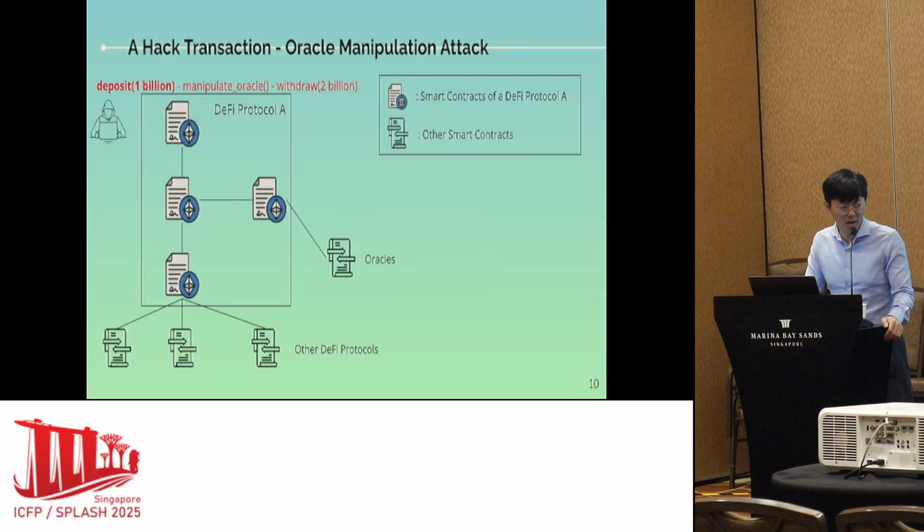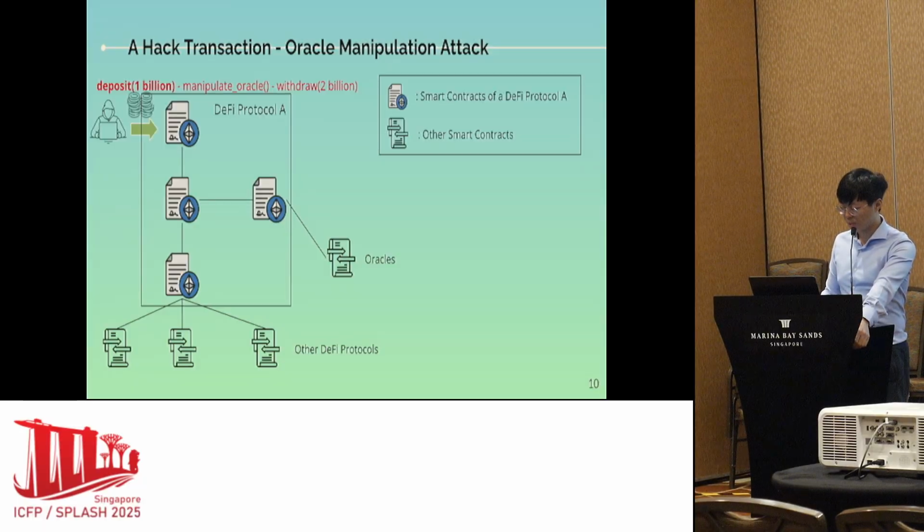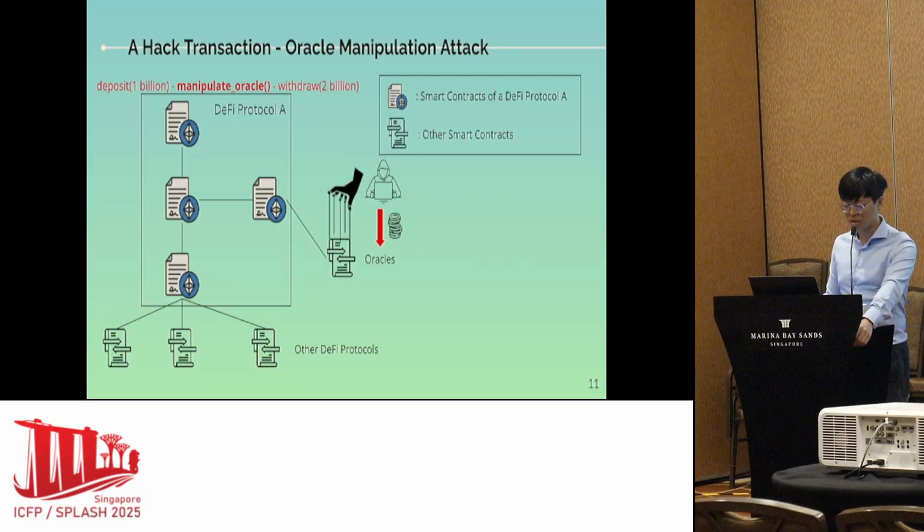However, what will a hack transaction look like? It looks very different. For example, in an oracle manipulation attack, in one transaction, a hacker can deposit 1 billion tokens into DeFi Protocol A. DeFi Protocol A, as before, deposits this 1 billion tokens into some other protocols. And the attacker then manipulates the Oracle smart contract by donating a lot of tokens to inflate the prices of the tokens inside that